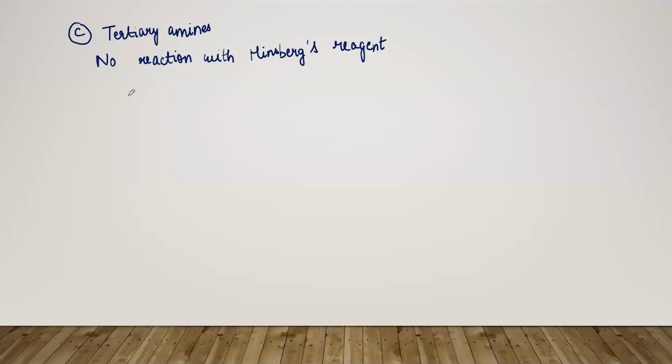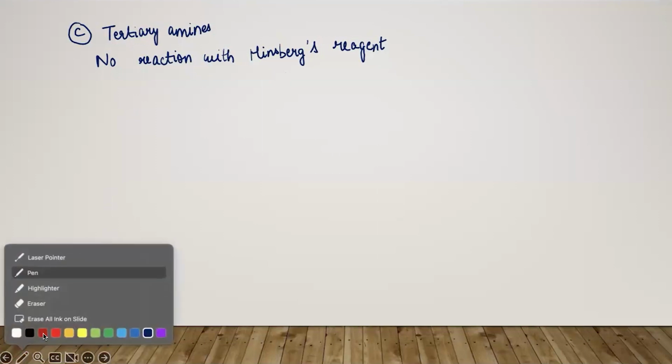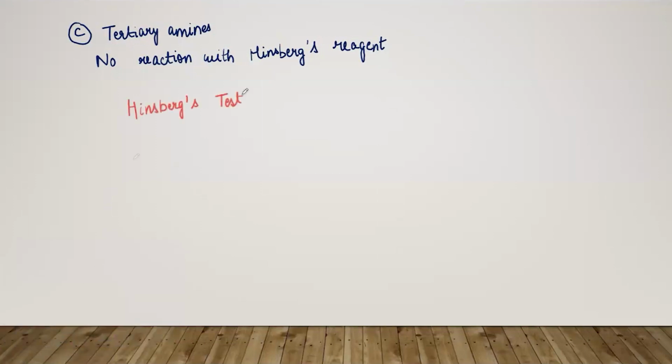So this reaction is popular with the name of Hinsberg test. This can be important. This can be used to distinguish the primary, secondary, and tertiary amines. So what will be the results? If you talk about the summary,